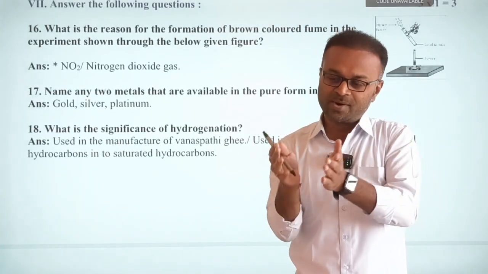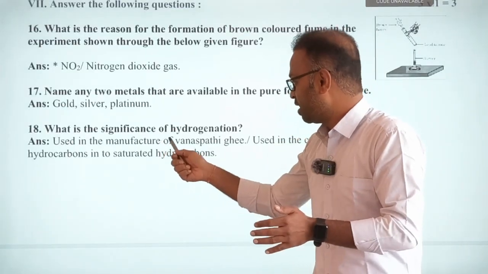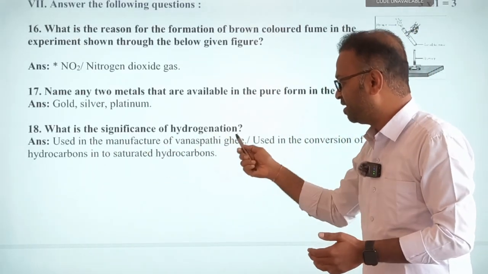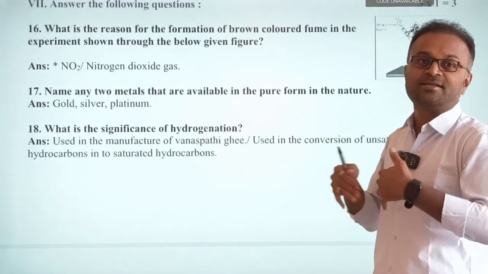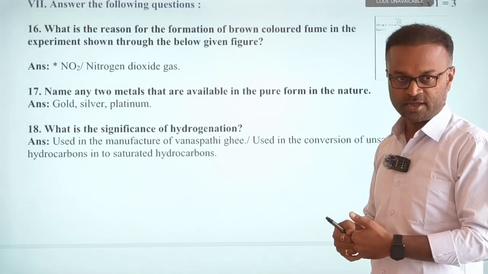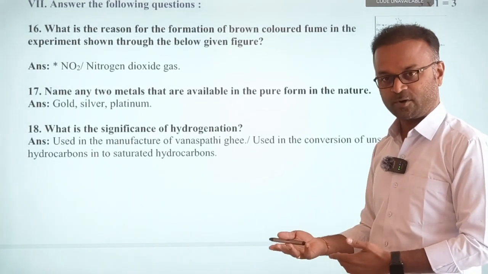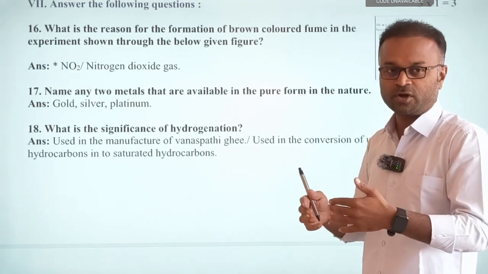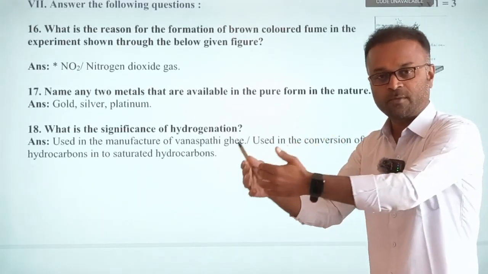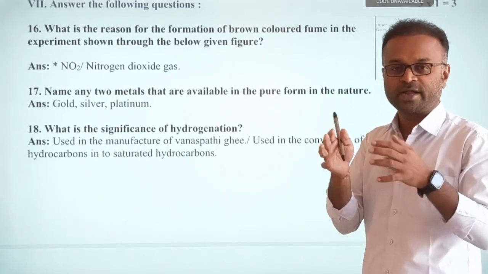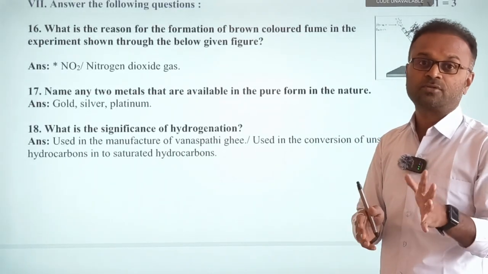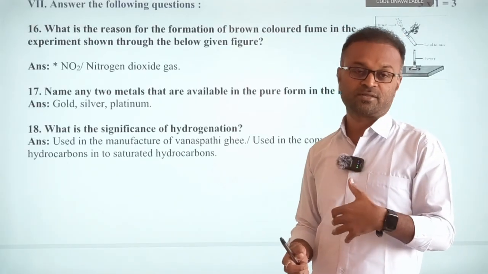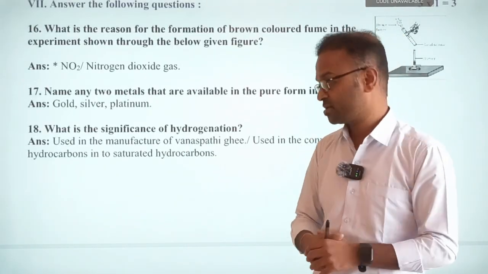Exact reason: if they convert this unsaturated vegetable oil into vanaspati ghee, this vanaspati ghee can be preserved for a longer period of time as it is less reactive because of the saturated hydrocarbon compound. If it is vegetable oil, this unsaturated hydrocarbon compound will undergo oxidation and become rancid. So that's the reason they convert it from unsaturated to saturated hydrocarbon compound, so that it can be preserved for a longer period of time, although it is not good for health at all. Saturated hydrocarbon compounds are not easily digestible inside our body compared to unsaturated hydrocarbon compounds. So keep that in mind.